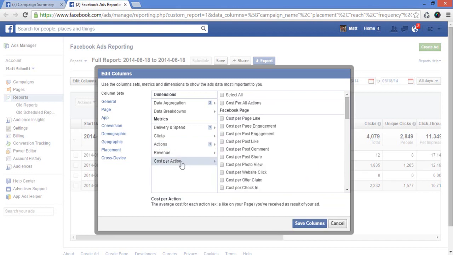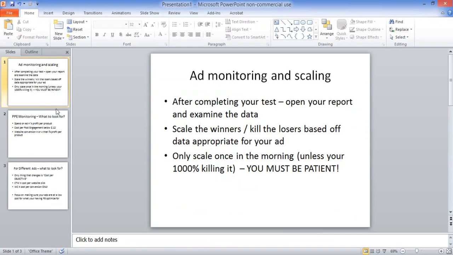And then cost per action. Since this is a PPE ad, what we're focused on is the cost per engagement. So we are going to select cost per engagement. Now going over to my slides real quick,